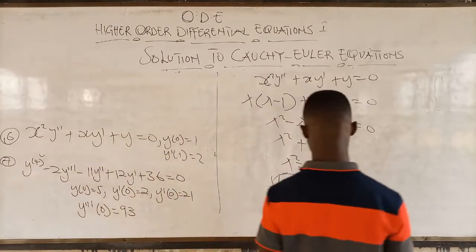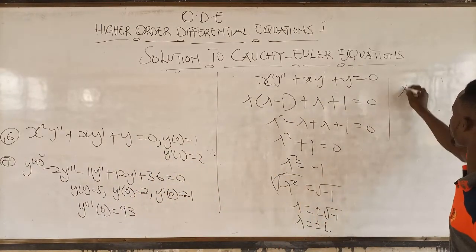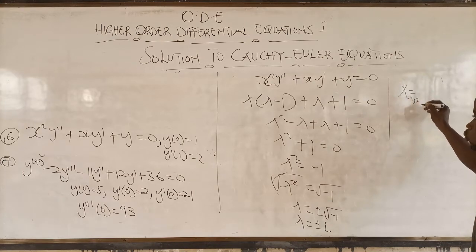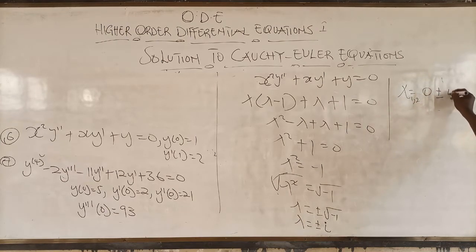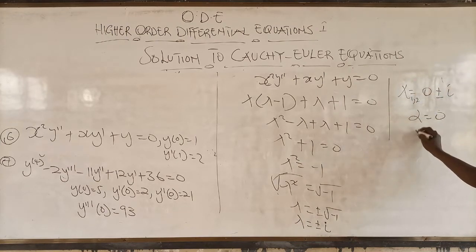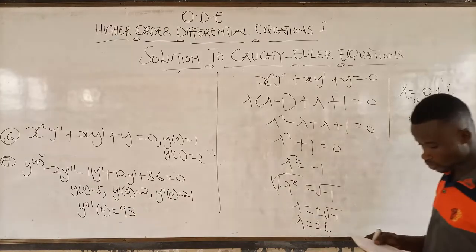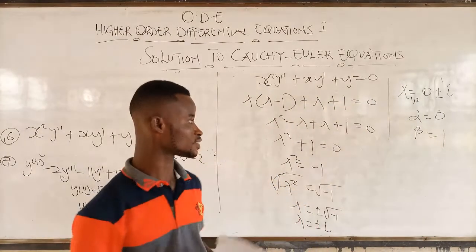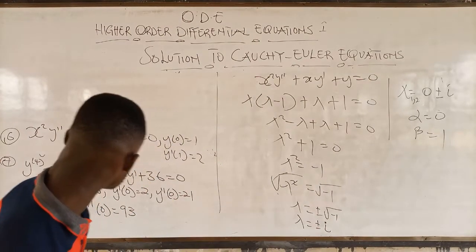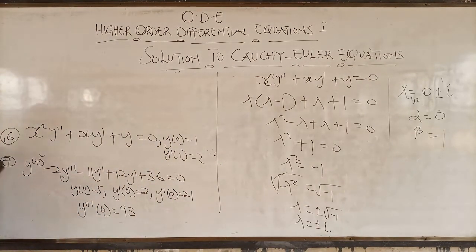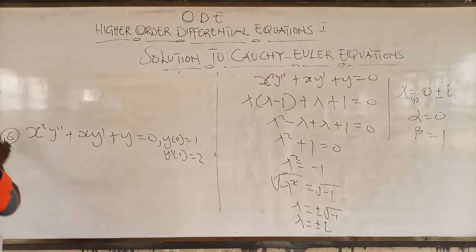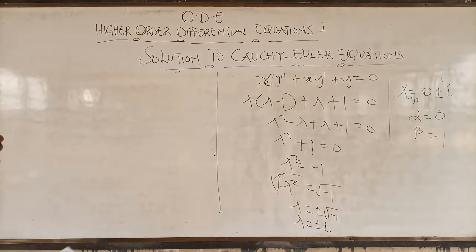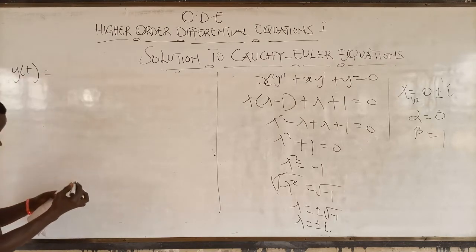Very good. So this one is in the form lambda 1, 2, second order. This is in the form 0 plus or minus i. So alpha is equal to 0, beta is equal to 1. Alright. So we move on to write the general solution. Please write this on your own. So we move on to write the general solution. y of t is equal to